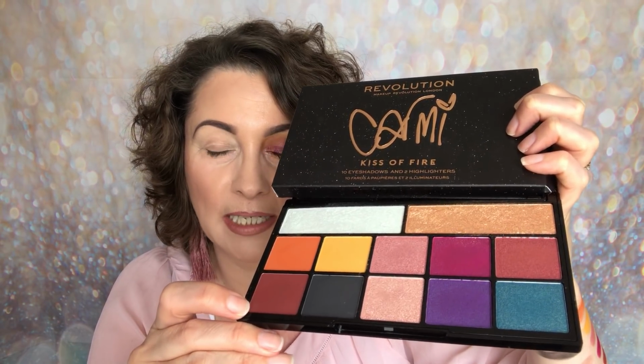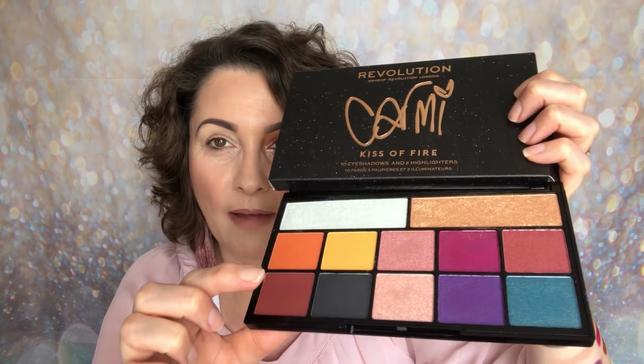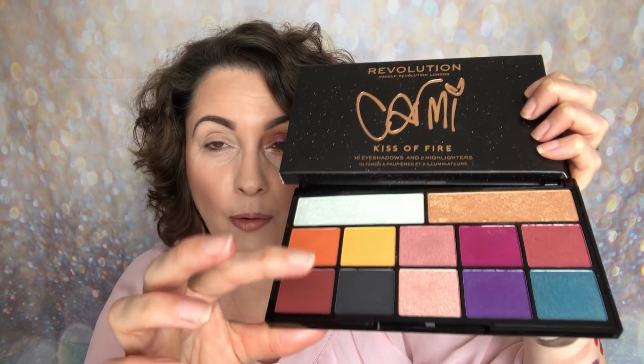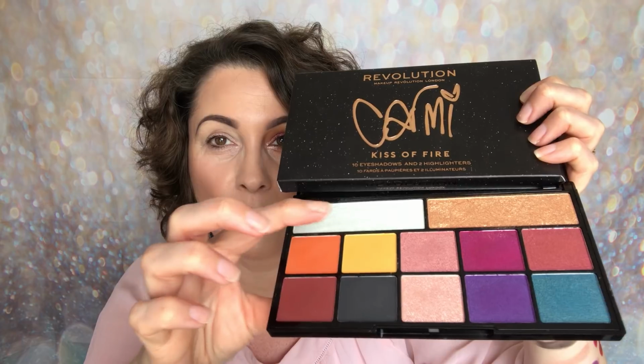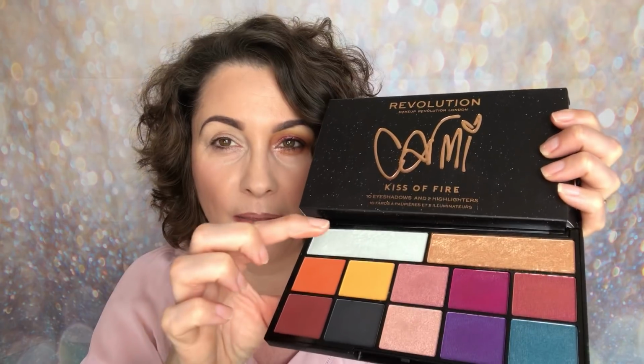So I really like the idea, like I say, that Carmi is thinking outside of the box. Not only do you have all of these beautiful shades in here, you also have 2 highlights. Now I know, because I do watch Carmi regularly, that he loved the Flash highlighter from Revolution. So he's gone with a green highlight here, and he's gone with more of a neutral. I would say that the neutral is a little bit deep for me, but this